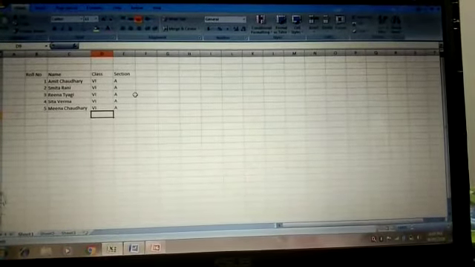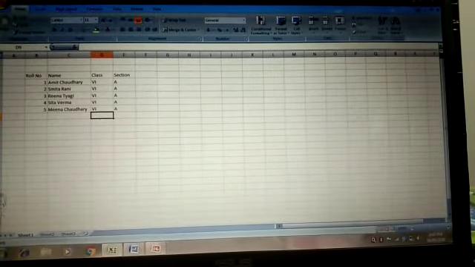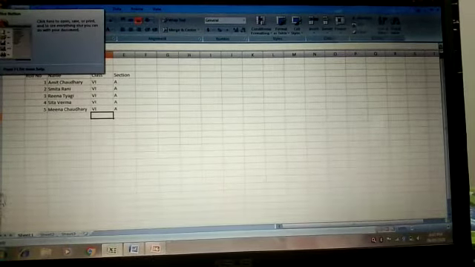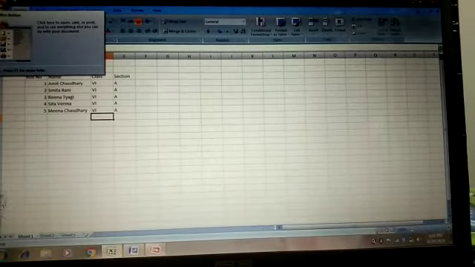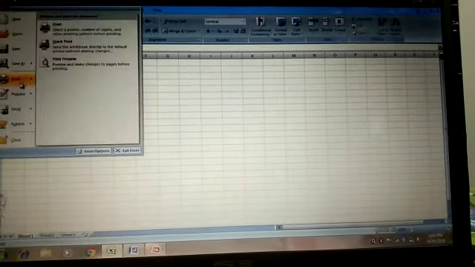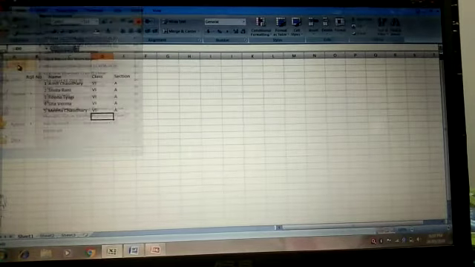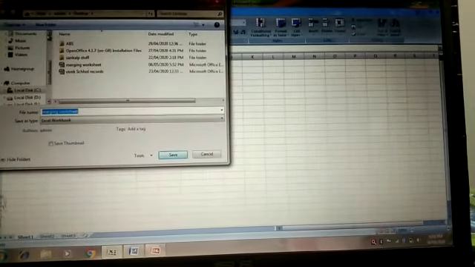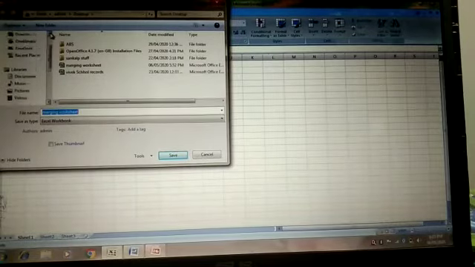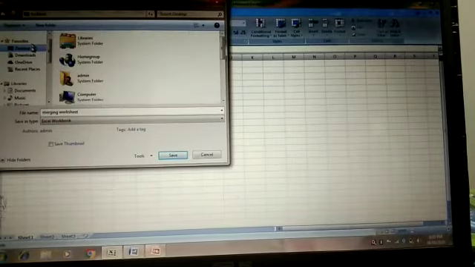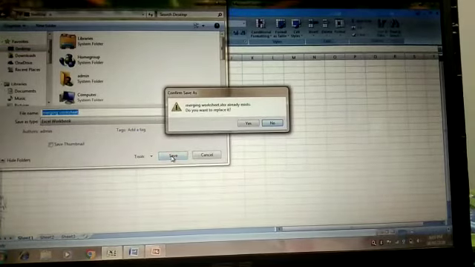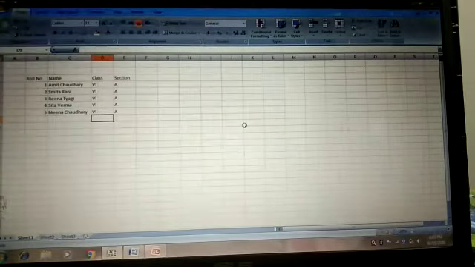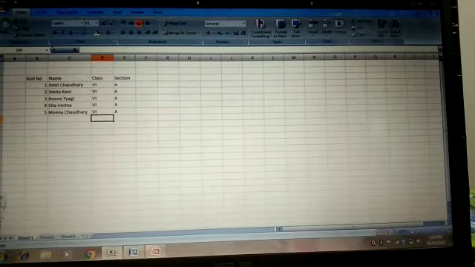Right? What is the first thing you have to do? You have to save it. And you should save it in a place where you can find it quickly. I am saving this on the desktop so that I can pick it up very quickly. Here is my desktop. Double click. Now I am saving here again. Since I saved on the desktop earlier also, it's asking, so I will say yes, we can replace it. Let me minimize this document, that is called our data source.